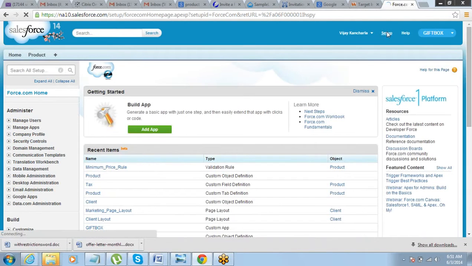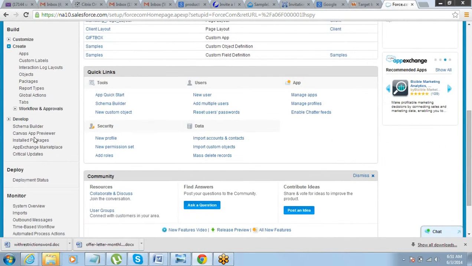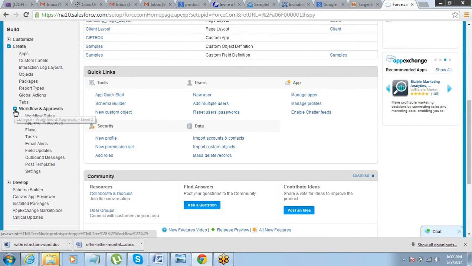Setup. Create. Come to workflow and approvals. Click on workflow rules.